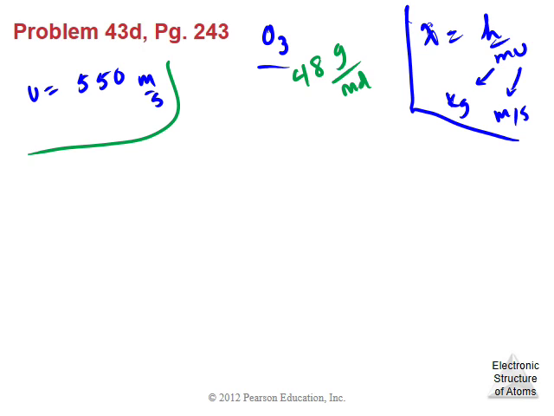The first step would be fairly easy. Let's do this dimensional analysis here. 48 gram per mole times, I want kilogram. Remember, the mass unit has to be in kilogram. So I need to change it from gram to kilogram. Since gram is on the top, I must have gram at the bottom and kilogram on the top. Now 1000 gram